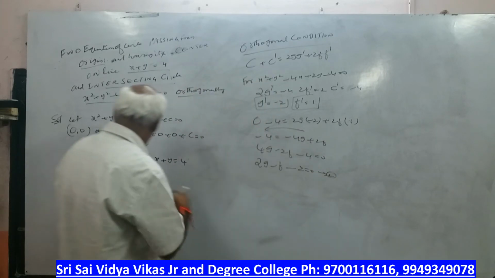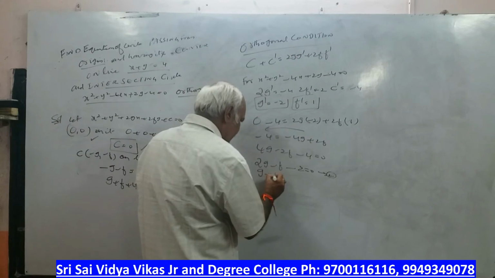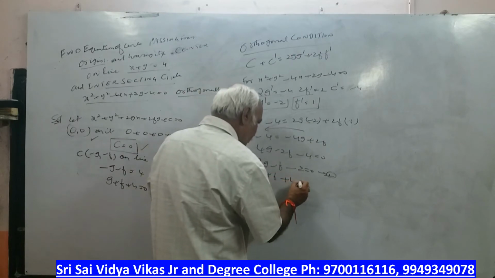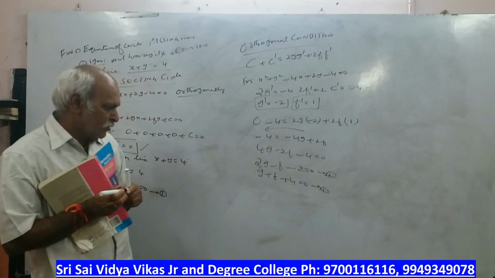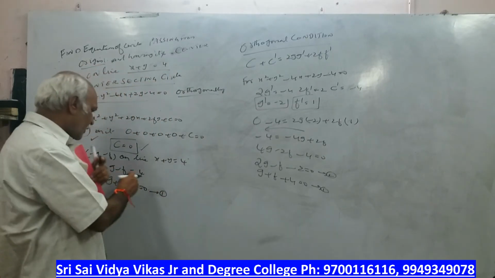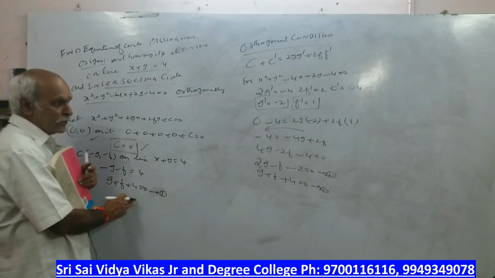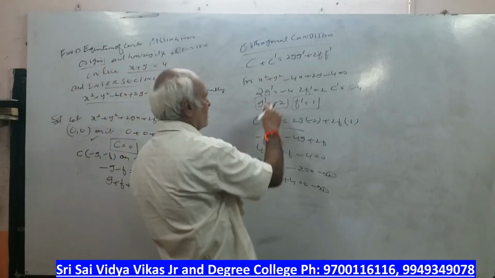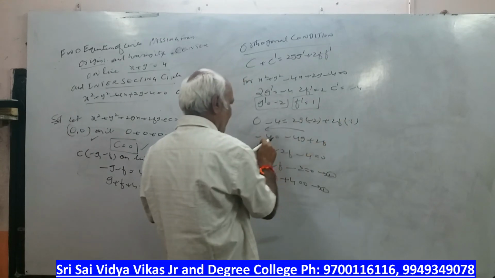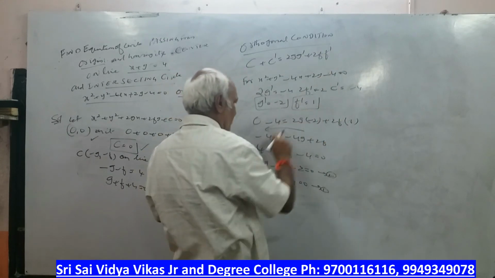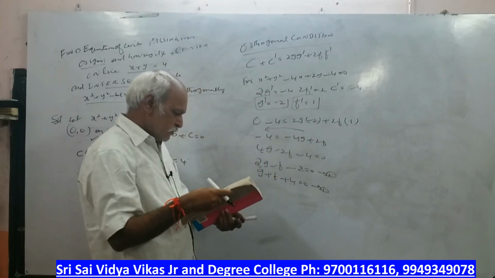This is the second equation. Already we got the first equation. What is the first equation, sir? g plus f plus 4 is equal to 0. From the first equation we get the g value and f value. What I have done: minus g minus f is equal to 4, so g plus f plus 4 is equal to 0. Here, in the orthogonal condition, g dash is minus 2 and f dash is 1. So c dash is minus 4, and minus 4 is equal to minus 4g plus 2f. Bring the terms this side.